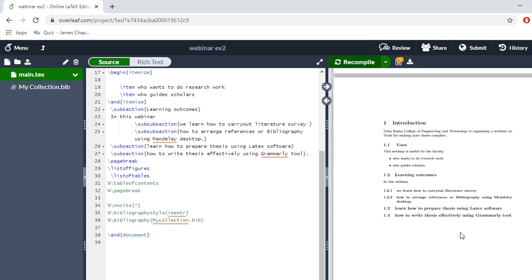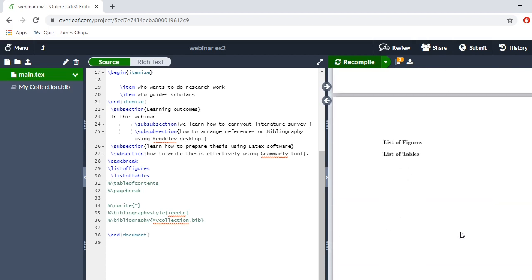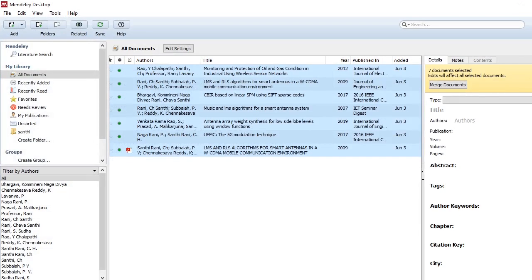That is, after contents we'll have our thesis, so many chapters, maybe some 150 to 200 pages of thesis you will be writing. After that, a list of figures and list of tables as per the university guidelines, at the beginning or at the end of the thesis you will keep. And after that, at the end, in general, we incorporate references or bibliography. Now I am going to insert this bibliography, and for that, the references that I want to insert here are already what we have learned in Mendeley, the various papers that we have referred, and therefore all these are available in our Mendeley desktop.